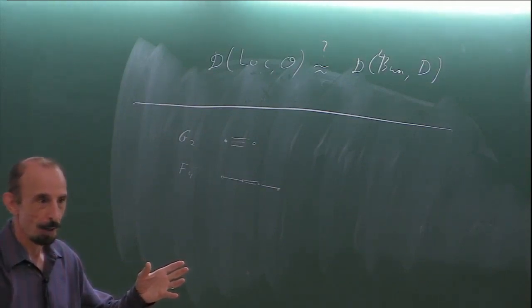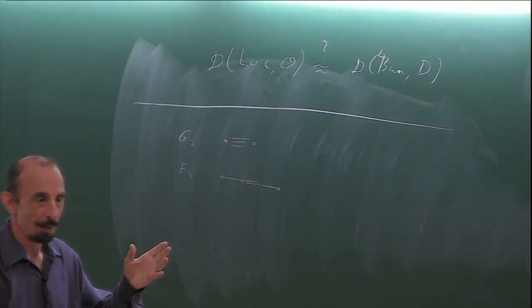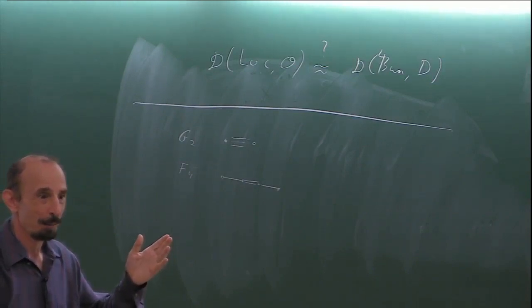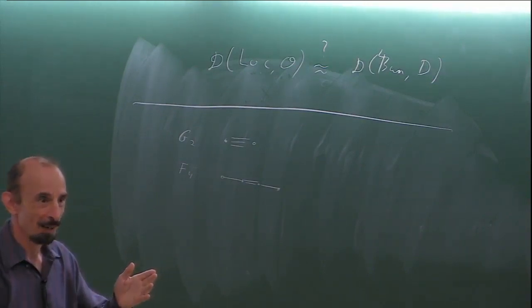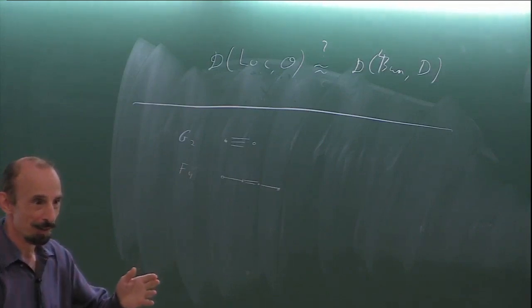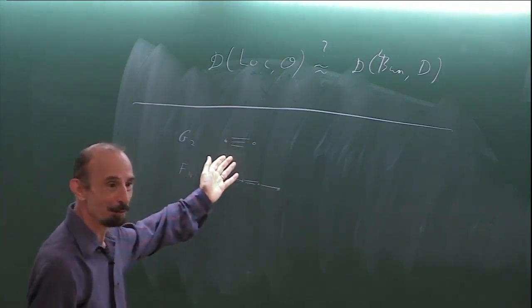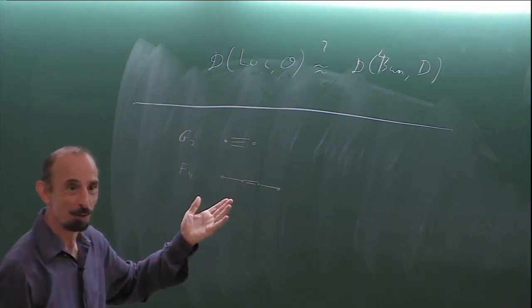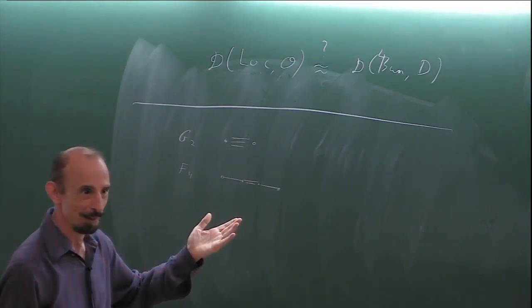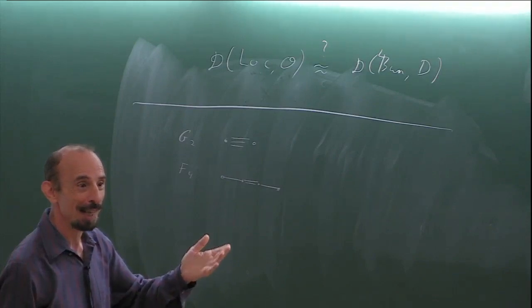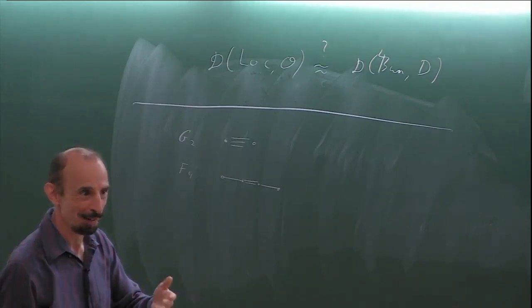So therefore, there are two ways of identifying B with B^L. One is the identification that we give. And the other is just the fact that the thing is self-dual, so it's actually the Hitchin base for the same group. And these two identifications are not the same. So that's the